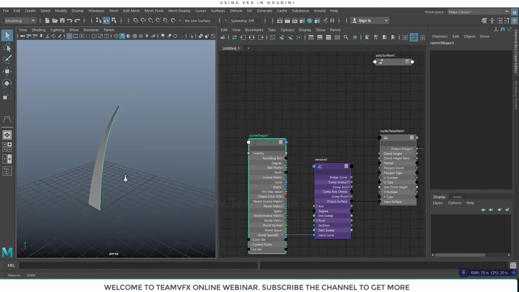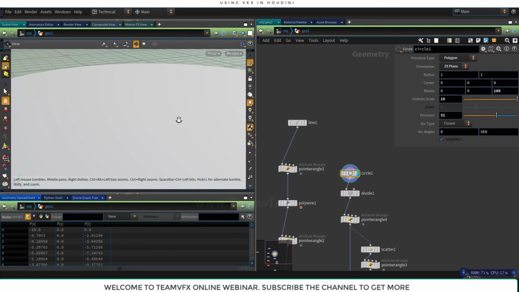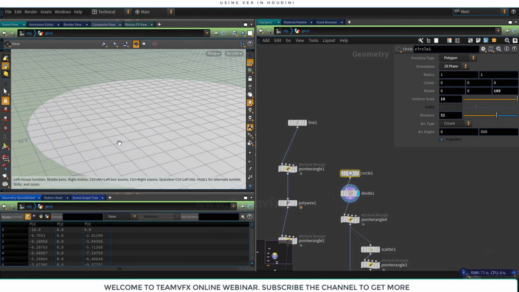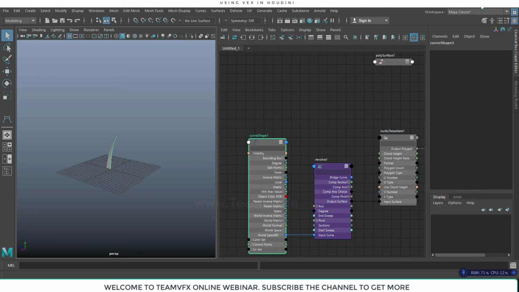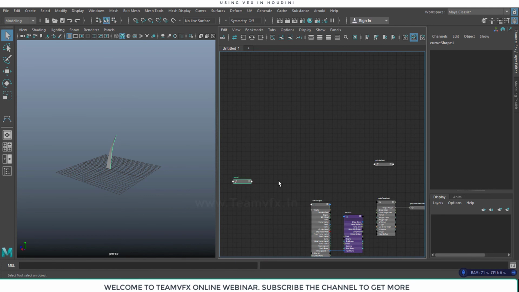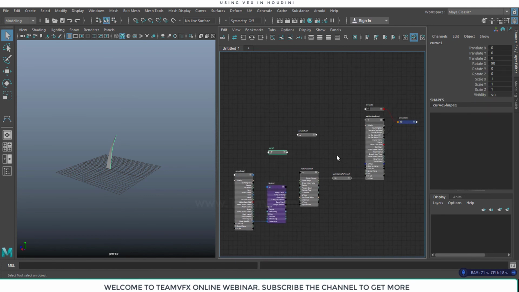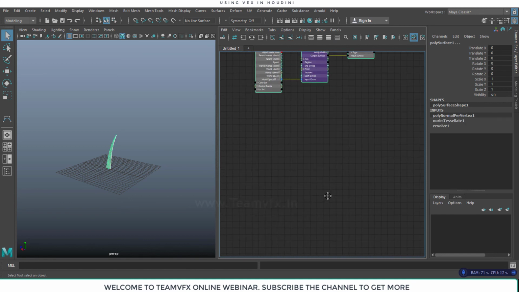So far so good. We have our grass leaves. Now we want to populate on the points. This time, just like in Houdini, I will create a disk and subdivide it. I divided it over here, and then with a point triangular I put a scatter, but in Maya I will work in different ways. So what I will do is select all these things and keep them over here, and now we will work with the disk.